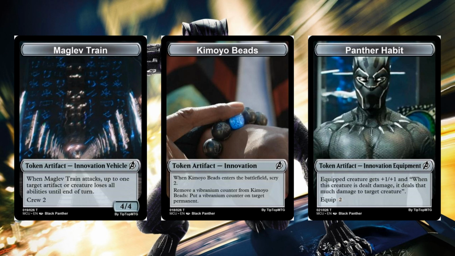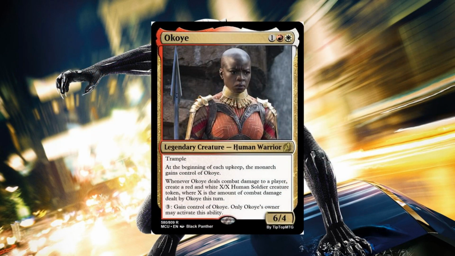So I think those are pretty cool. There are a couple other cards that generate them, and I may add more in the future. Next we have Okoye. It's 1 red and a white for a legendary creature, human warrior, 6/4 with trample, and